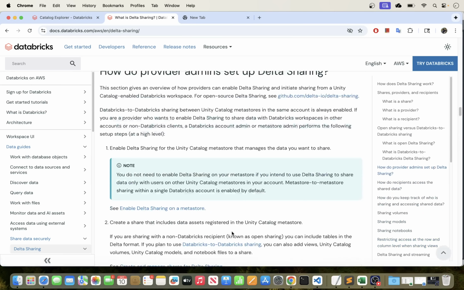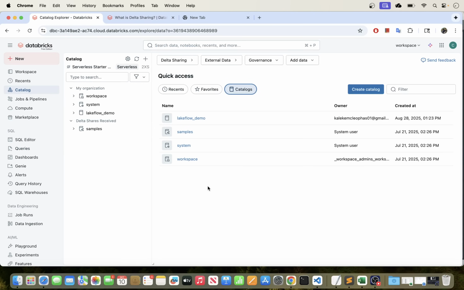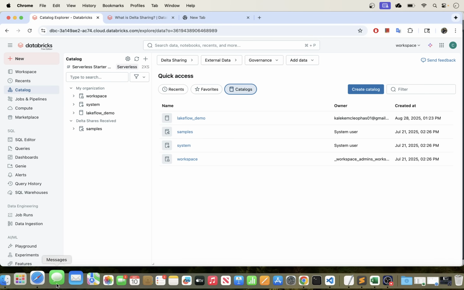Alright, so let's now jump over to our Databricks UI and let's set this data sharing feature up, right? So to do that, I will have two accounts. I have this Databricks free edition account here. I'm logged in, and what we'll do is we will use this option here. So this will be our provider, right? So we will set the table here that we want to share, and I have another